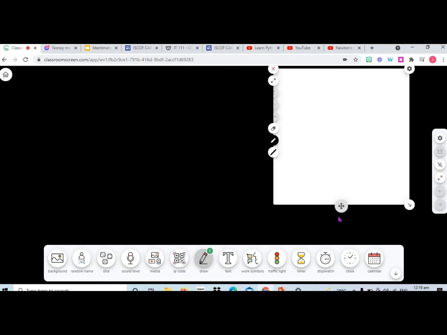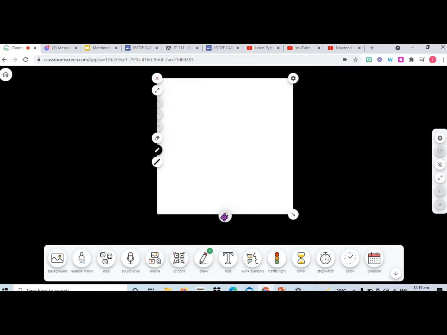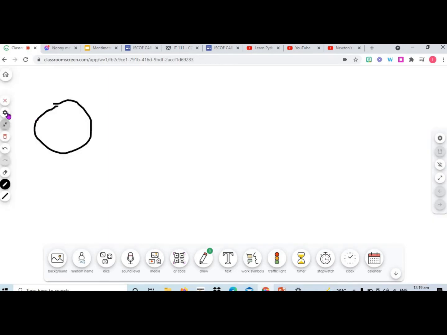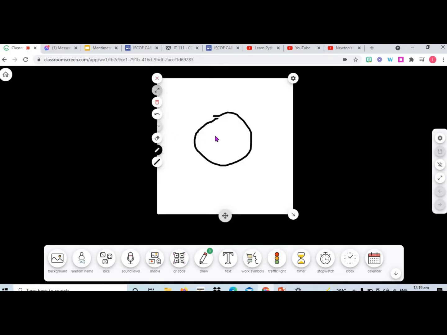Now let's use the Draw widget. Make drawings or notes with the drawing tool. Use it full screen or as a small window. It contains the following tools: the full screen drawing canvas, the erase canvas,